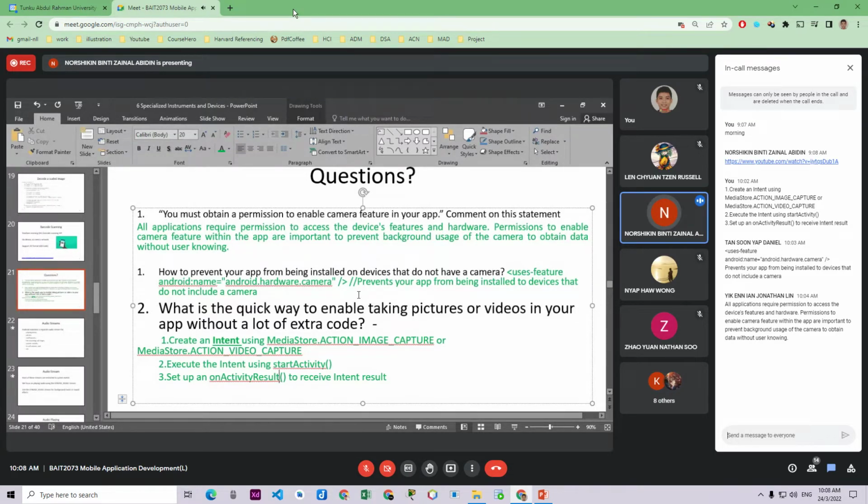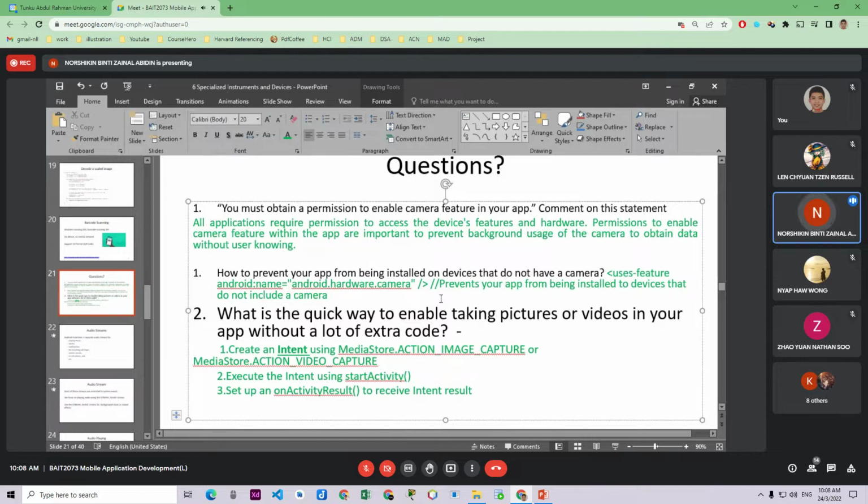Early in this chapter, in this lecture, I did mention that there are two methods. First is, do we need to use the camera or not? If yes, then we go for yes. But under the yes, there are two more methods. The first one, you use the existing camera. And then the second one is you create your own camera function.